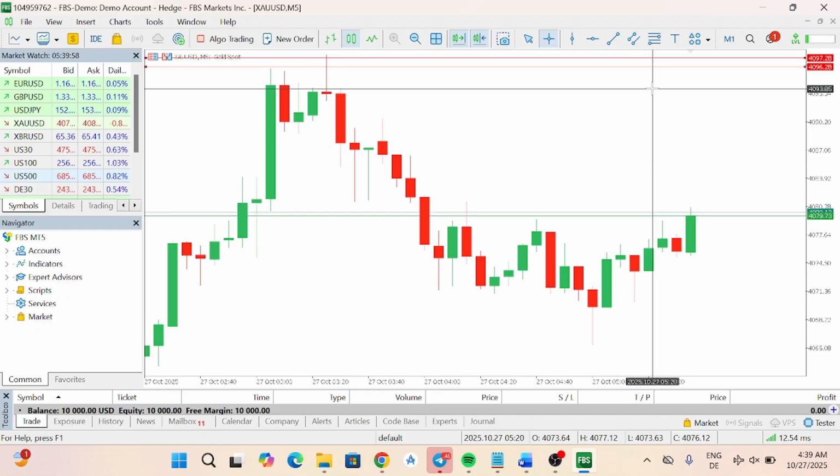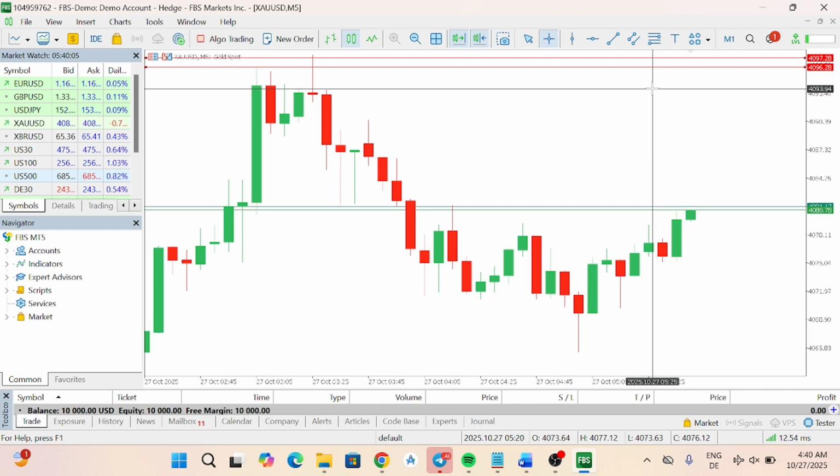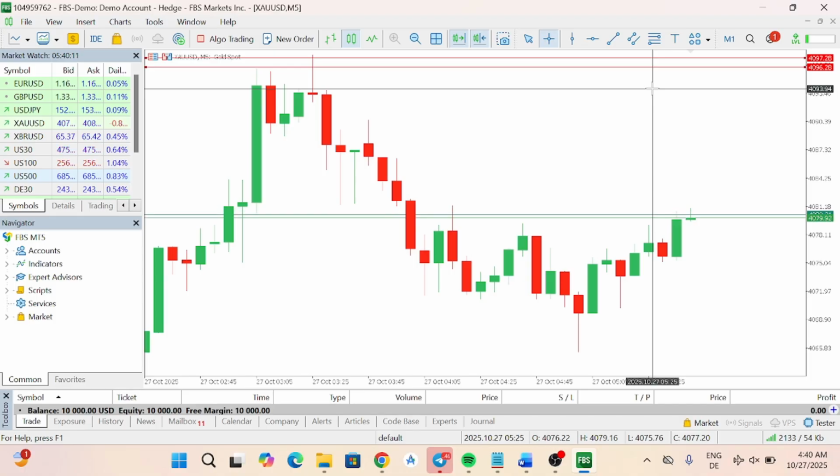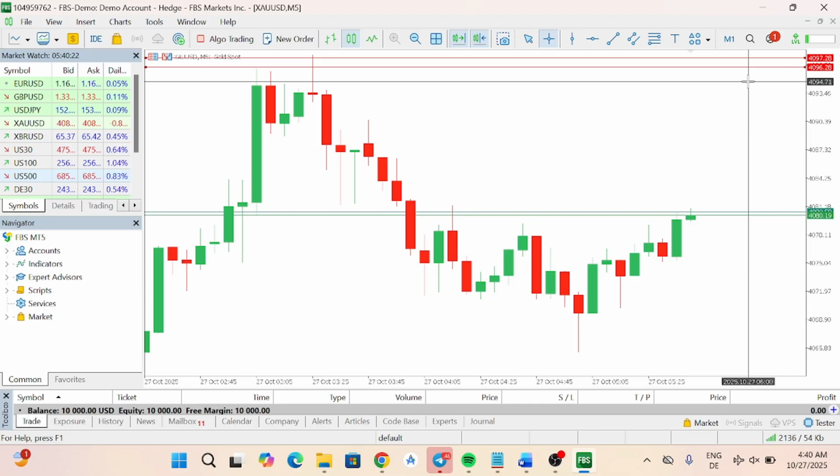When you're counting pips for different pairs, you start counting from the back, from the decimal point area. So this is 0.28. I would advise you to always discard the last number